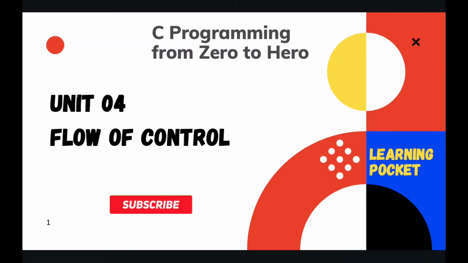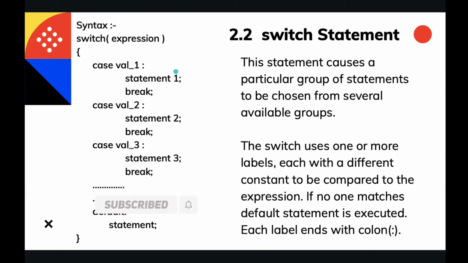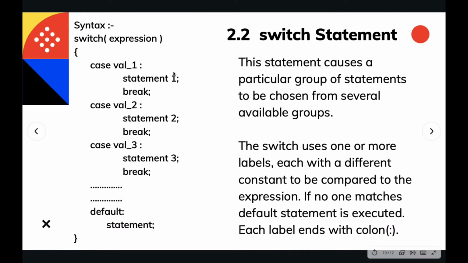So hello everyone and welcome back. We were studying the selection and branching statements. In selection and branching statements we have covered the if else statement, and now we are going to jump to the switch statement. You encounter the switch statement daily, and it is used in almost every program. Whenever you see an optional functionality where you need to choose one of the given options, the switch statement is used.